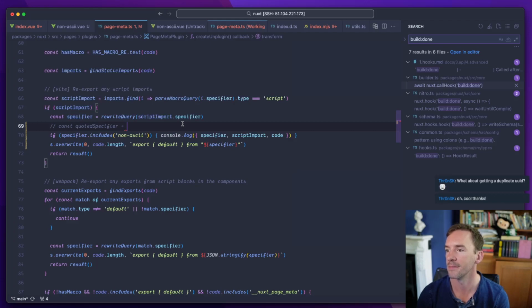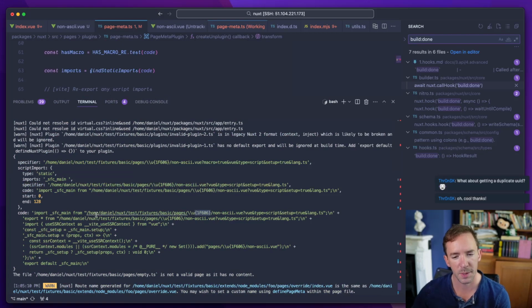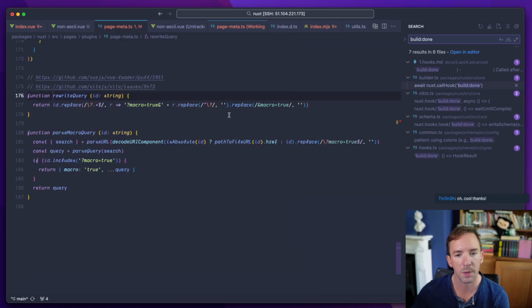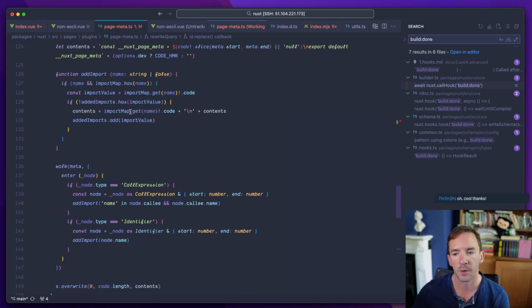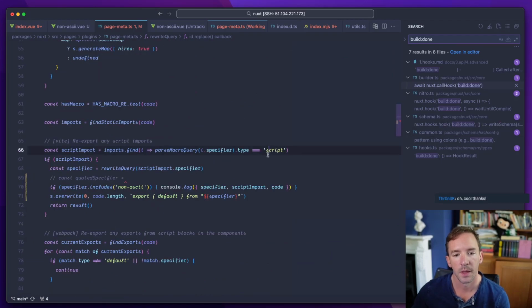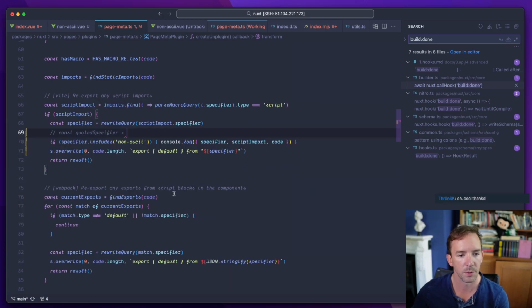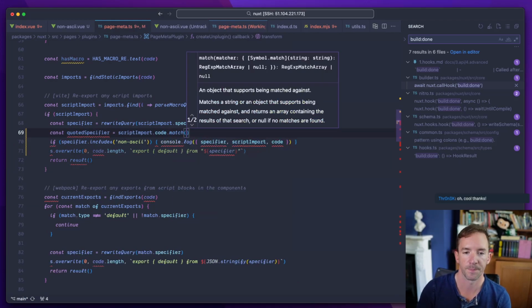I think... Okay, so basically what we want is to sort of preserve the specifier but replace. Let me just check rewrite query. What is it going to do? It's just replacing some text. So it's not actually going to change the thing at all. So if we did something like script import dot code match